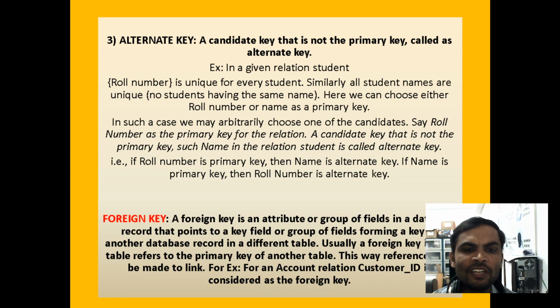For example, if you take a department table, under the department table we have department number, department name and department location. These are the three columns, and four records will be there. Coming to the employee table, under the employee table there are employee number, employee name, and department number. Under the parent table, department number is acting as a primary key. Under the EMP table, it is acting as a foreign key.